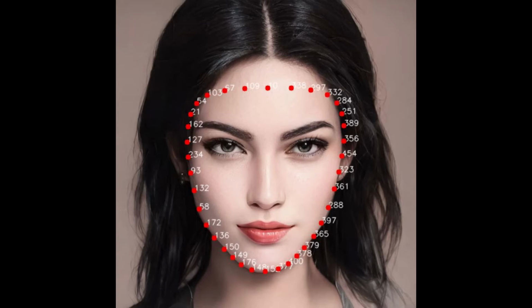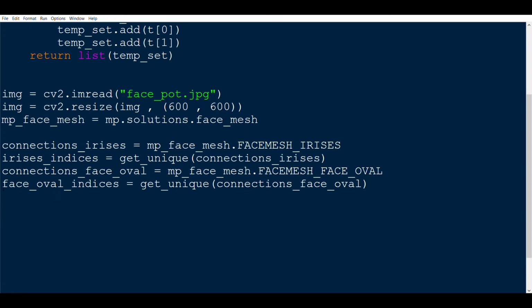But trust me, it does not affect anything, and so we will just let that be. Okay, now we can actually start finding the landmarks for the image, and for that we will instantiate the FaceMesh class and pass in some parameters. The first parameter that we pass is the